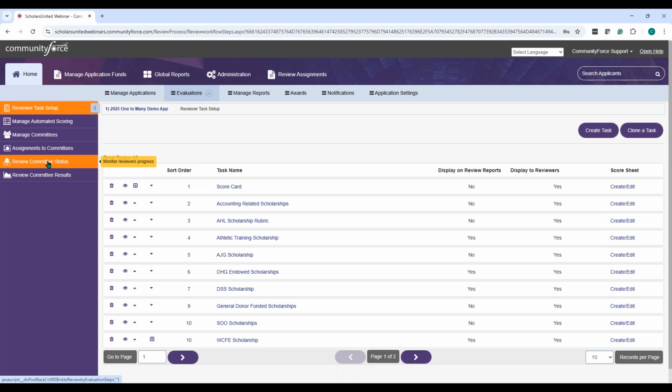For the review committee status, as you'll notice, as soon as I open up the evaluations, I'm in my reviewer task setup. This is one thing I want to point out because sometimes this happens and some of our clients wonder why. In my task setup, I have two pages actually, so more than 11 tasks listed on this page. Now, when I go to the review committee status, you're going to see it's a smaller list. The reason is that when we are looking at reports like status and results, it's only going to show the status and reports on